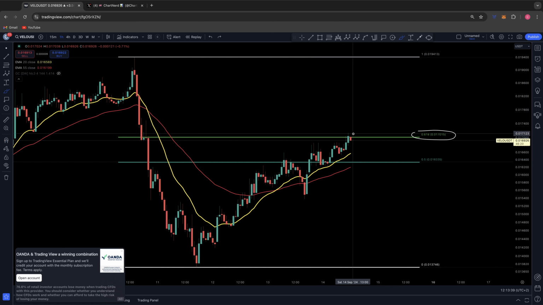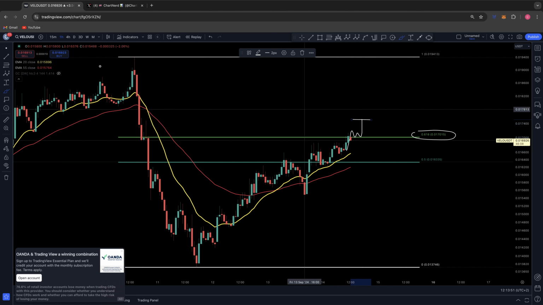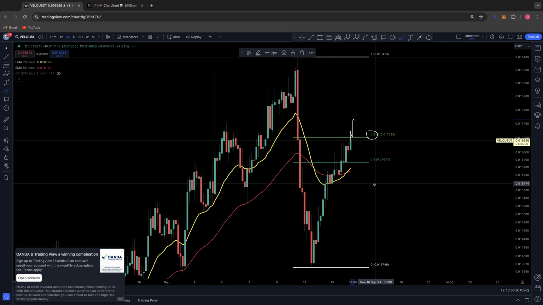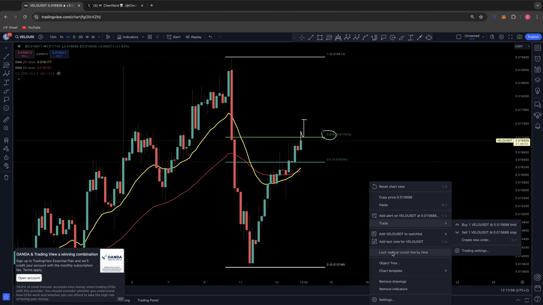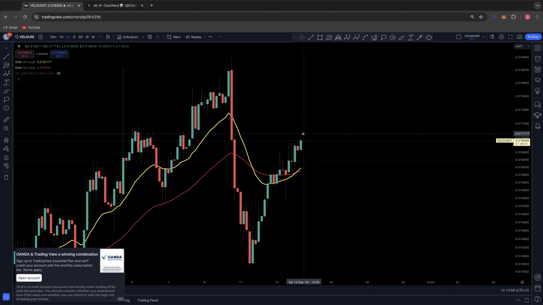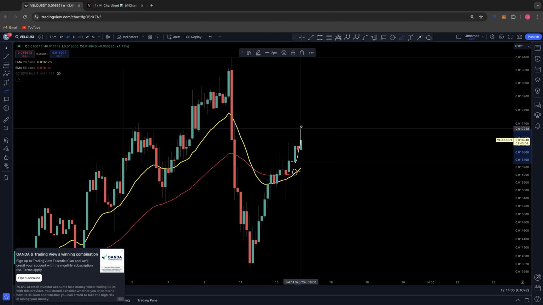Now, another reason why I think we are close to a resistance level here, or where I think we could be trying to break out to, if we break out of this 0.017, I think we're looking for 0.174. Now that is because if we zoom out to the 4 hour time frame, what you'll also notice, again, bear in mind this is a resistance level we are at now, we have also formed a bullish cross on the 4 hour. So we could continue this impulsive wave up to 174,